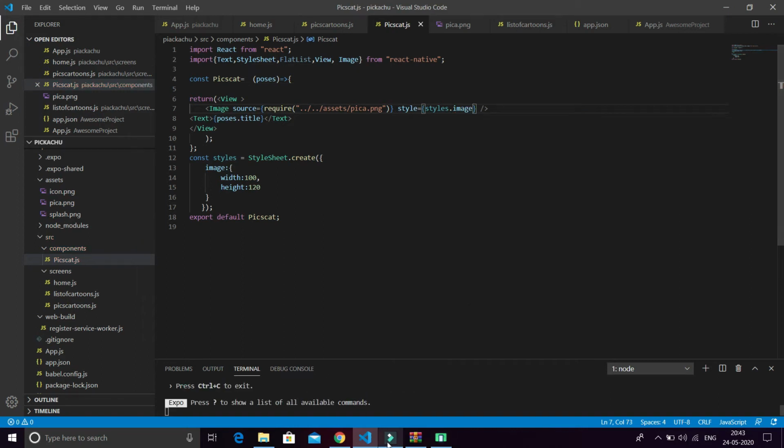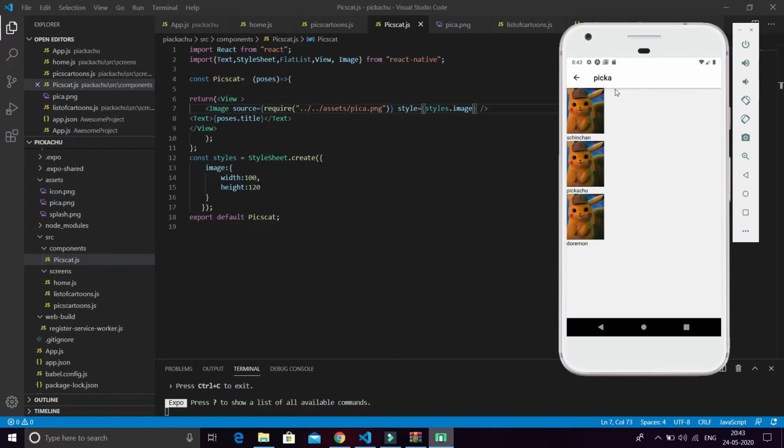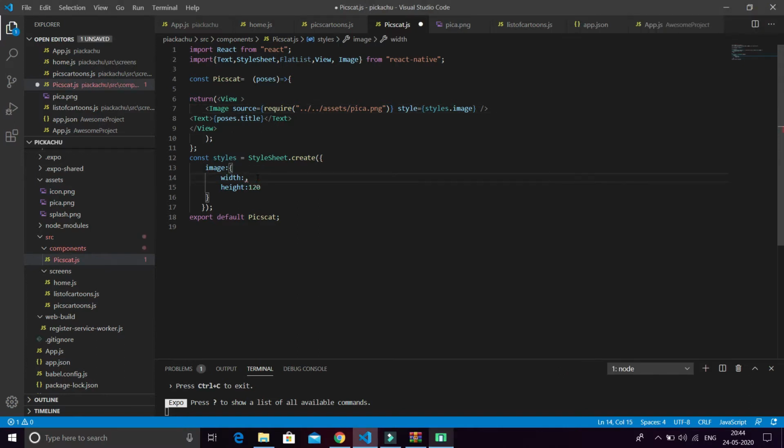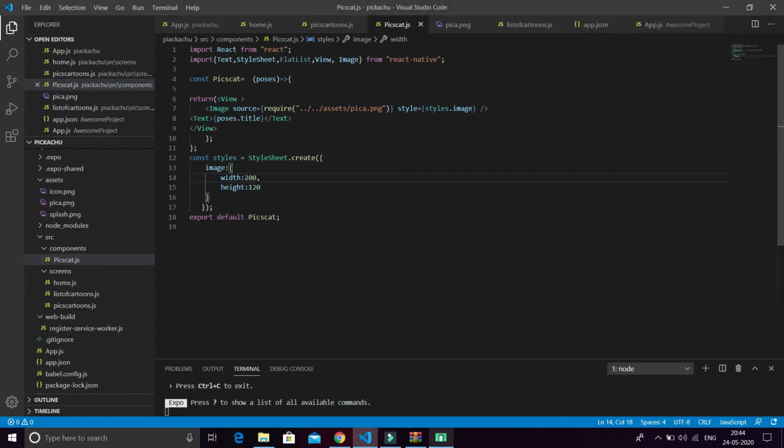Okay, let's see what happened here. List of cartoon. Here we see the image is very small, so we just increase the width to 200 and it looks nicer, and let's change it to 100%.